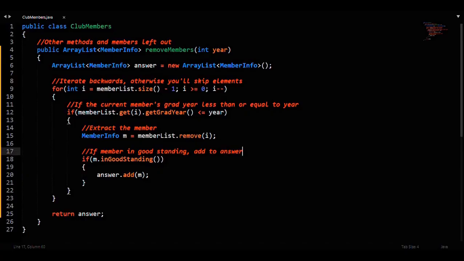For the code for 3B, we're writing the removeMembers method. You initialize an initial answer variable. You iterate backwards over the member list. Otherwise, if you iterate forwards, when you remove elements, you'll end up skipping elements. If the current member's grad year is less than or equal to year, extract the member. And then if that member is in good standing, add it to the answer. Otherwise, all you're doing is extracting and removing it from the member list. Finally, at the end,